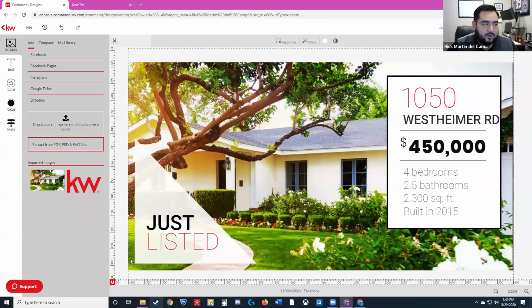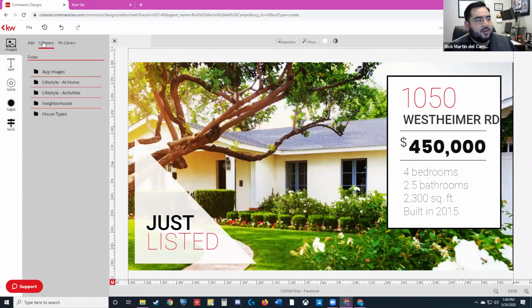You just select add, or you can just drag it in there and it'll upload the photo into Command so you can use it. Mainly what people use this for is to upload their headshot. That's not something that's available on HAR or something. So if you've got your headshot, you can upload it in here. That way you can use it for graphics where you're going to have your headshot with your contact info. So that's what the add button is for.